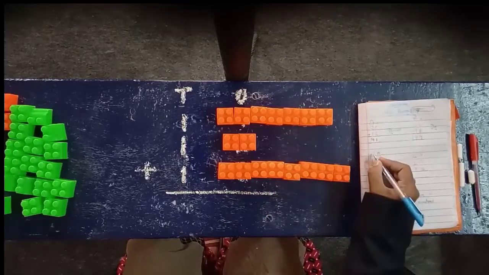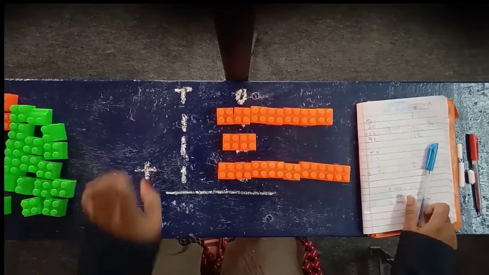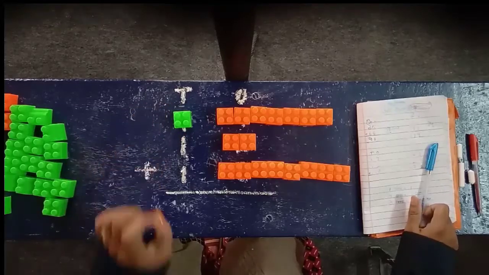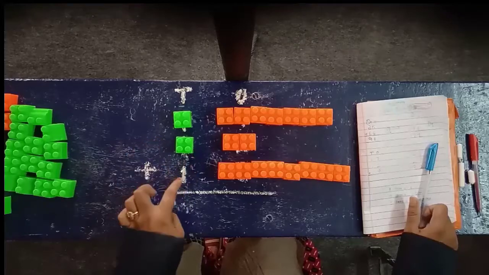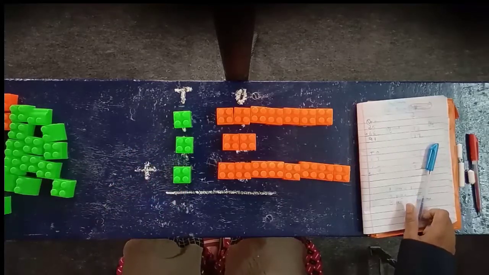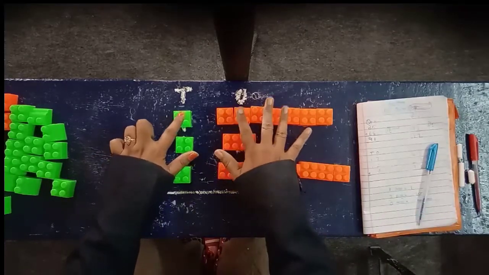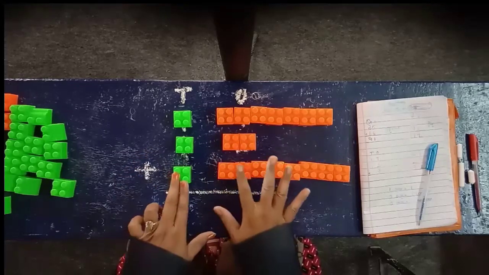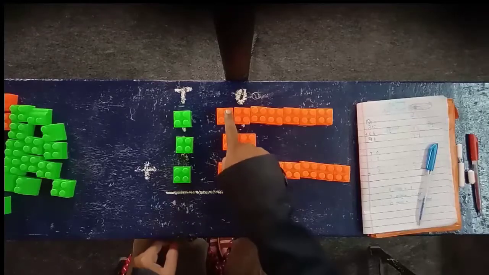Let me arrange the tens digits here, children. Come on, the tens digit of the first number is 1. So I arranged 1 here. The tens digit of the second number is also 1. So I arrange 1 here. And the tens digit of the third number is also 1. So I arrange 1 here. So what are the numbers here? First number is 17, second number is 12, and third number is 18. Come on, let me add the ones digits now.